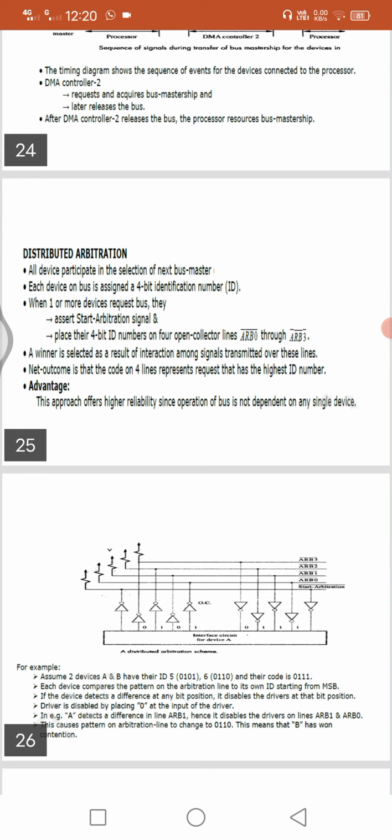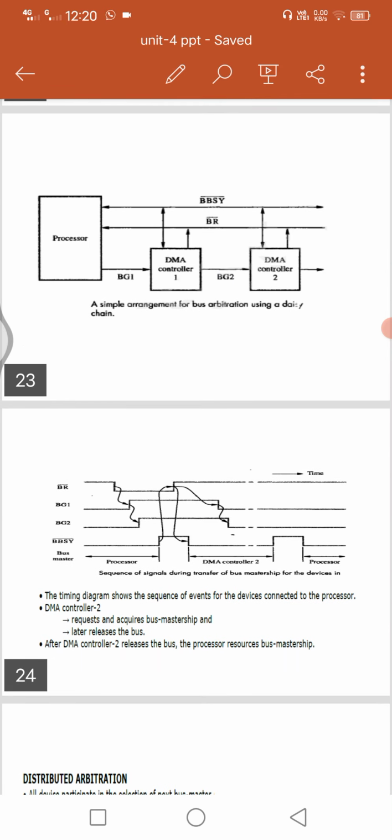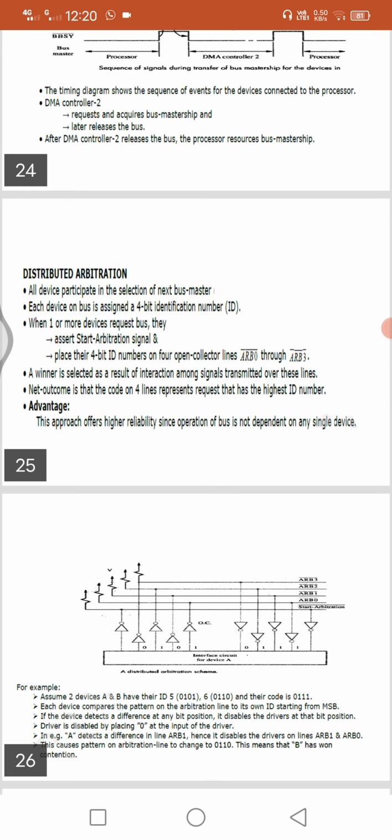The advantage of this approach is high reliability, since operation of the bus is not dependent on any single device. There is no dependency. Previously there was dependency: after finishing BG1, it performs BG2, based on the output of BG1. But here there is no dependency.